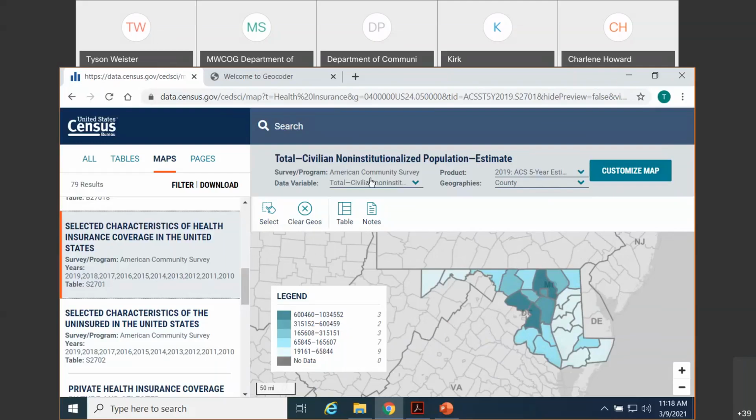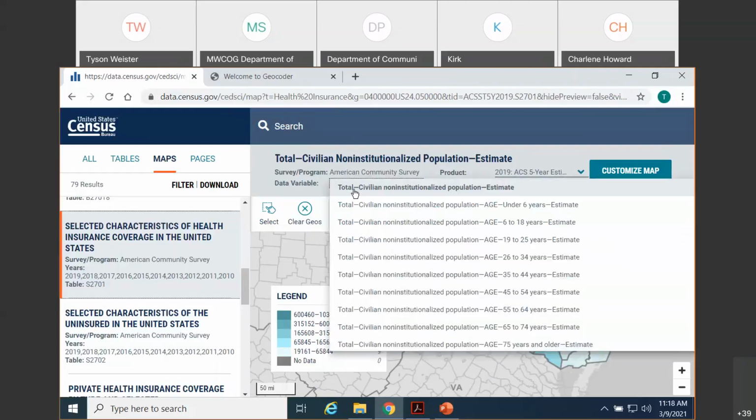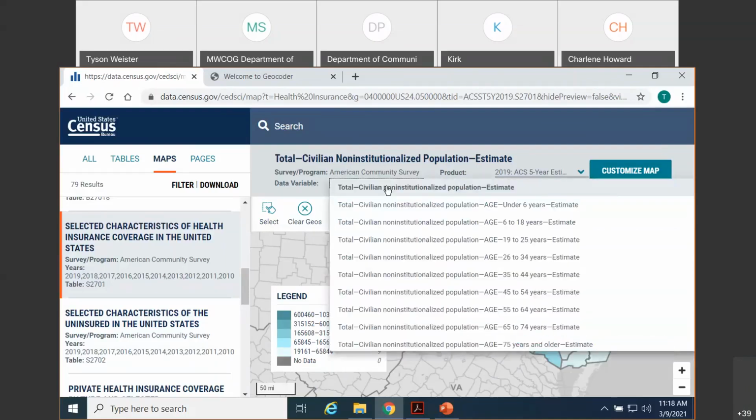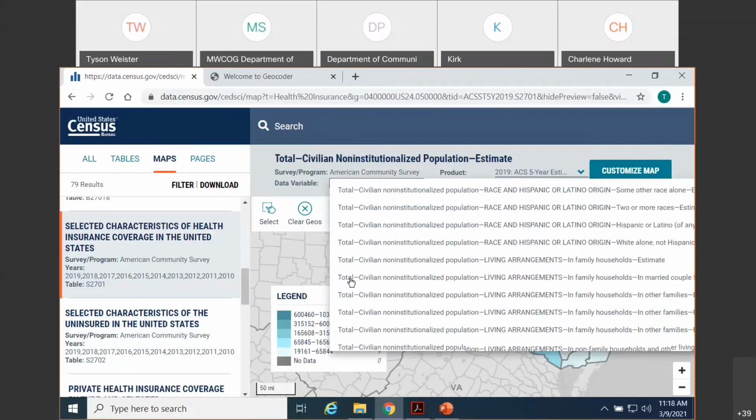So by default, it is mapping out the very first estimate from our table in the very first column. So the total civilian non-institutionalized population. You can click on the data variable drop-down menu. And here we see we have a set of labels that begins with total that corresponds to the first column